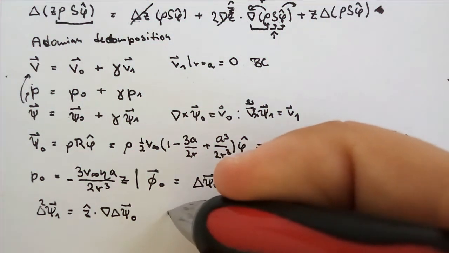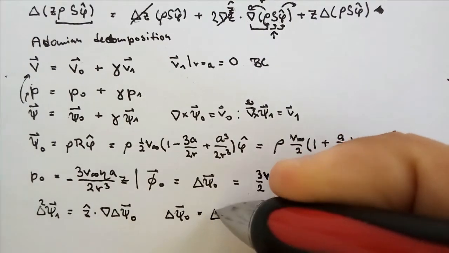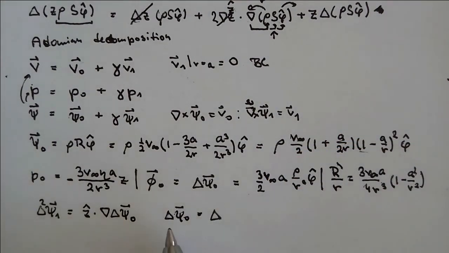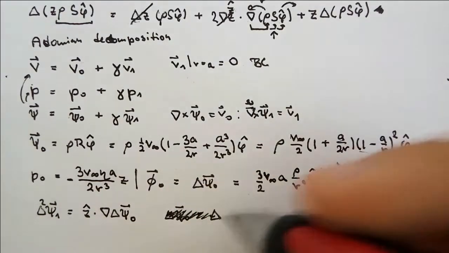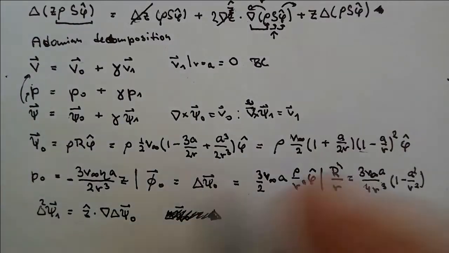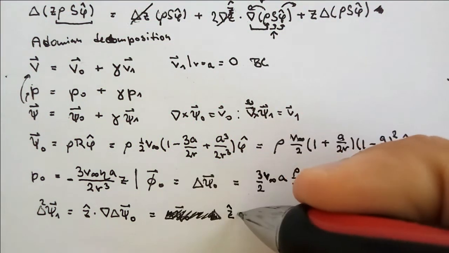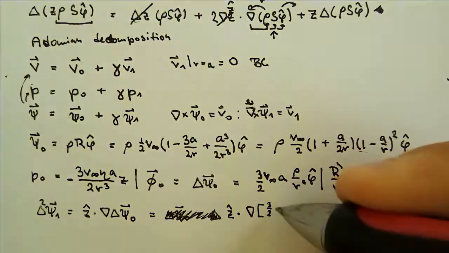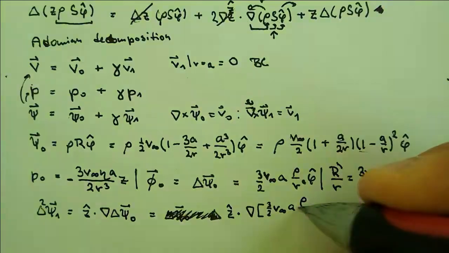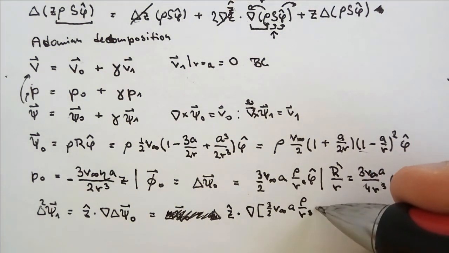Oh, this is the Laplacian of psi 0, so I have to compute the gradient. The gradient times the z hat. So this is z hat times the gradient of this, which is 3 v infinity a rho over r cubed times phi,